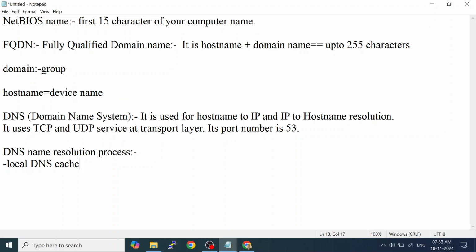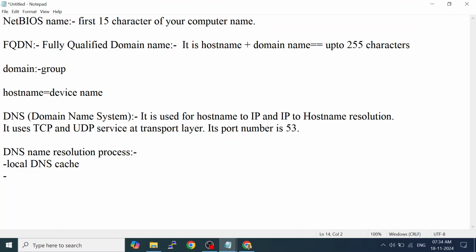So if you have recently accessed Facebook, try accessing once again. You will see it will be faster in compared to the previous. Reason, in the first query the system has not accessed the Facebook, so it does not know the IP address of Facebook. So it will send the query to DNS server. DNS server will give IP address. Then it will send request to Facebook. So it takes time. But next time, recently it has resolved, so that IP will be in the cache. So first it will check from the cache, it will get the IP and immediately it will send the data. So that's why next time it becomes easier.